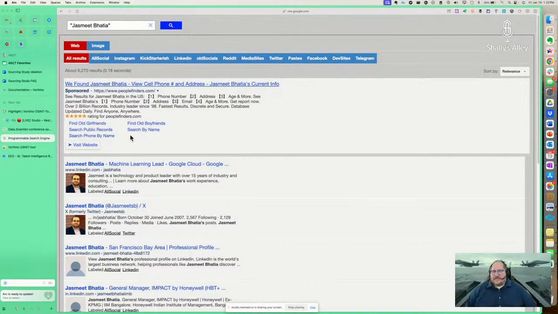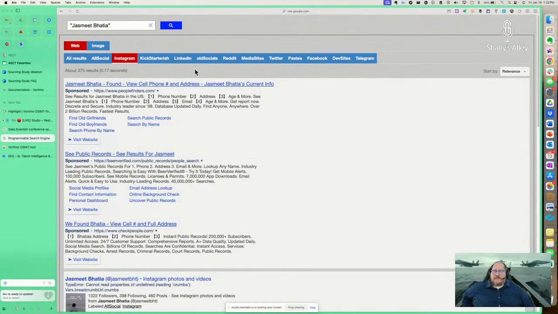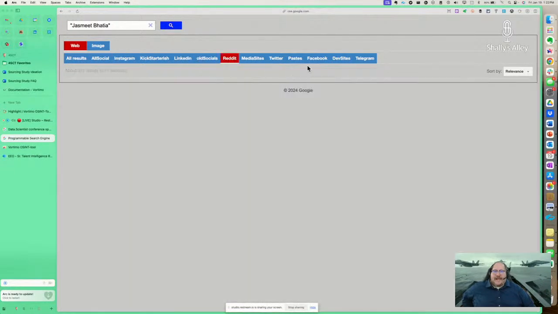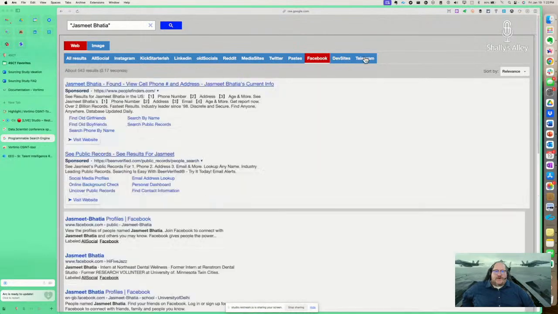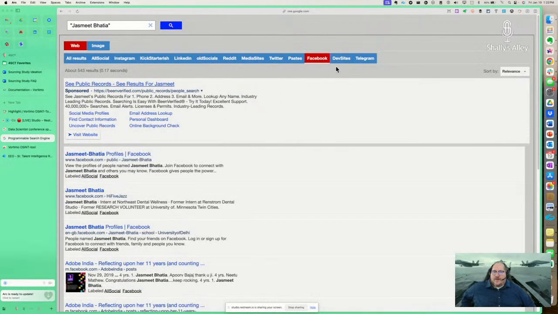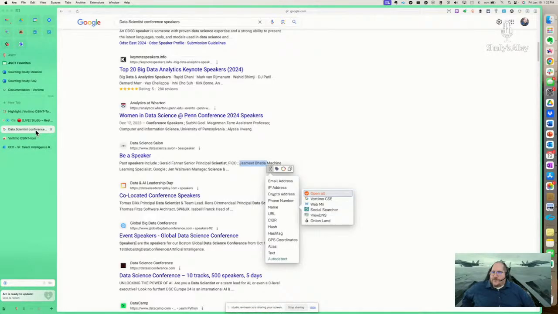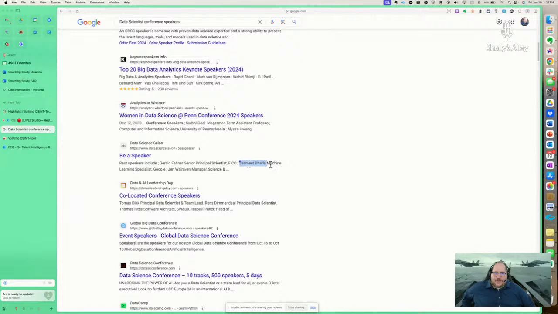Now, this is the last but not least. This is the custom search engine that Vortimo itself has. So this is not mine; it's theirs. But you can see here that it has tabs for social, Instagram, LinkedIn, Reddit, Twitter, Facebook, Telegram, and so on. So you can search whatever you highlighted in all of those pages as well, right through the extension. So that's what you can do with a